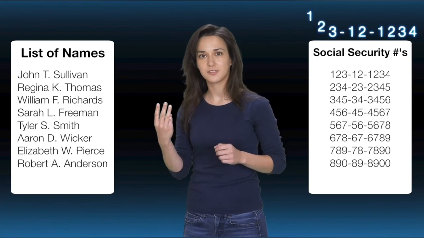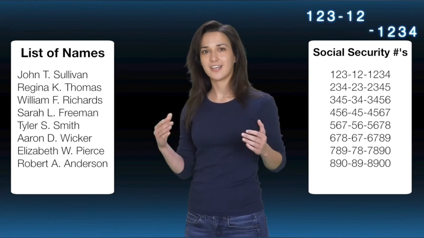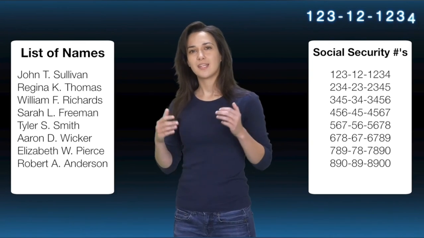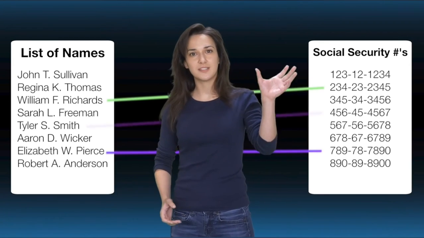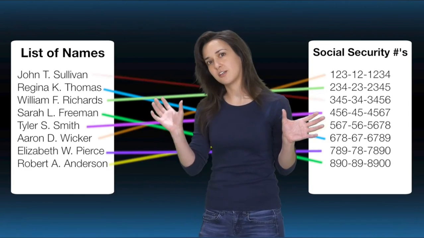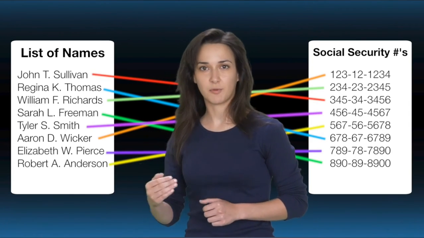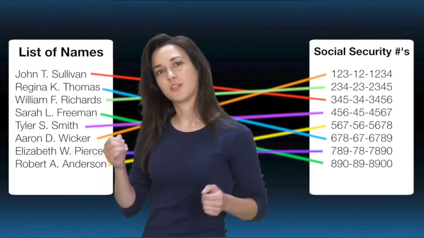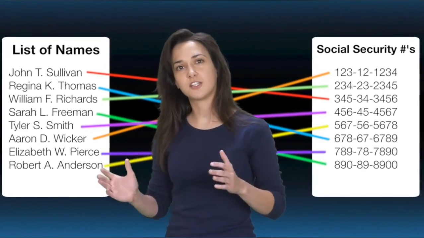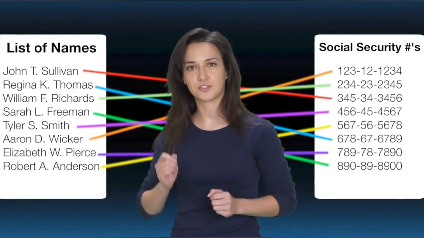You can see all of these Social Security numbers are in a standardized format. Each Social Security number contains a set of 3 whole numbers, a dash, 2 whole numbers, a dash, and 4 whole numbers. Now let's imagine the United States uses a computer function to map each person's name to a unique Social Security number. Regardless of the length of a person's name or the letters used within a person's name, the computer function maps it to the standardized Social Security number.